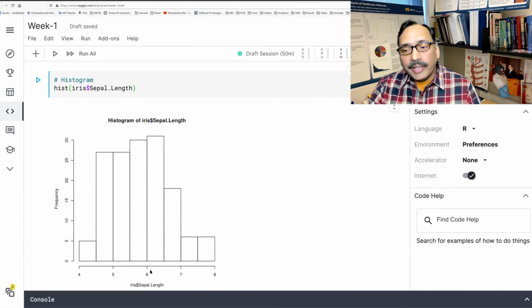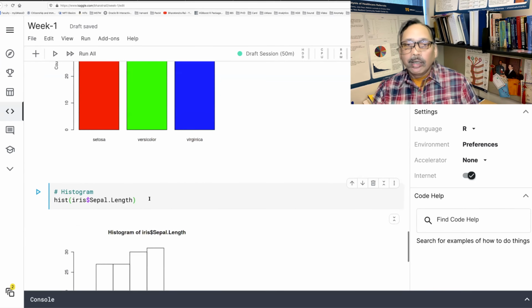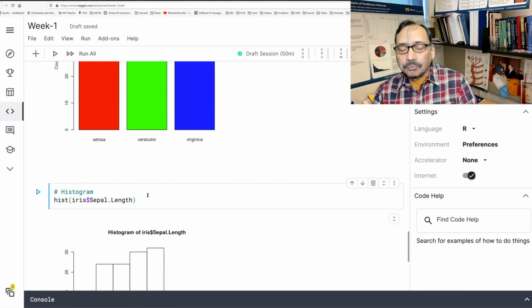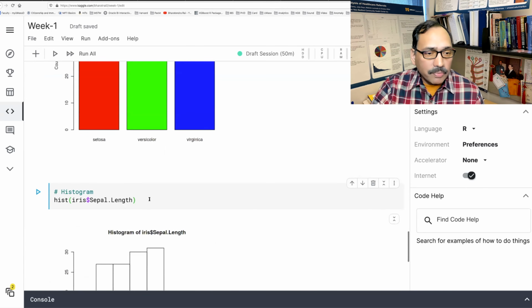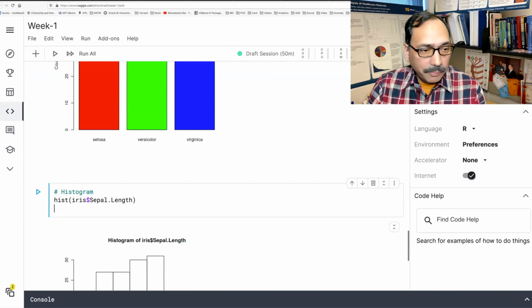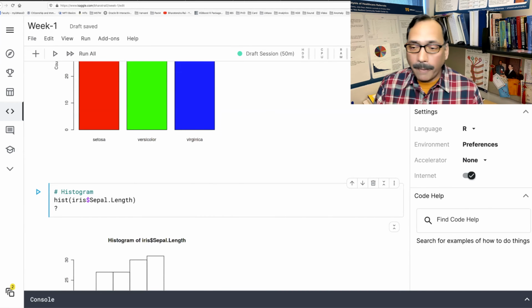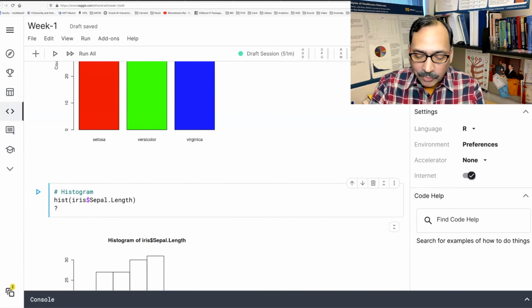So whenever you have any question in your mind about any function in R, a very strong point of R is that it has very good libraries. In fact, no package gets approved or no library gets approved unless everything is complete. But how do you get that help? It's very easy. If you put a question mark and name of the function like HIST.